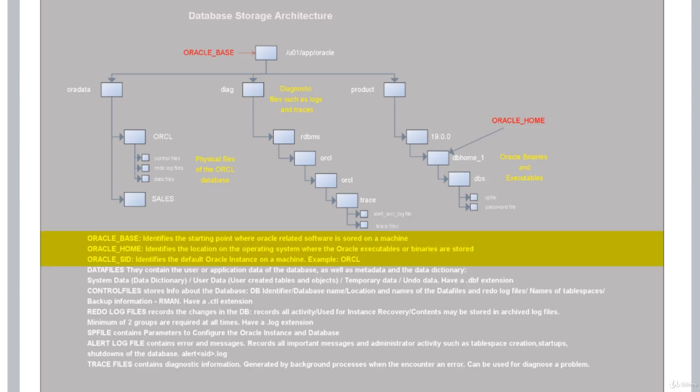Oracle base identifies the starting point where Oracle-related software is stored on a machine. Oracle home identifies the location on the operating system where the Oracle executables or binaries are stored. Oracle SID identifies the default Oracle instance on a machine. The Oracle base has been identified as